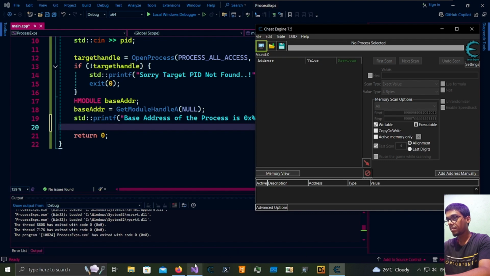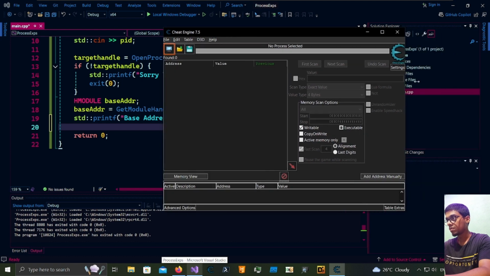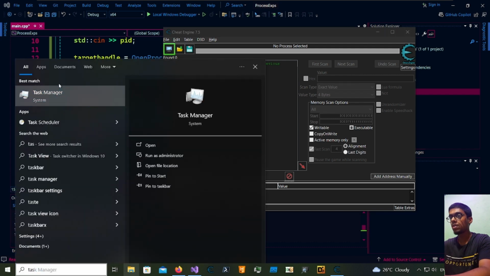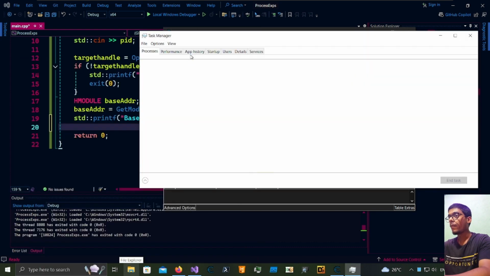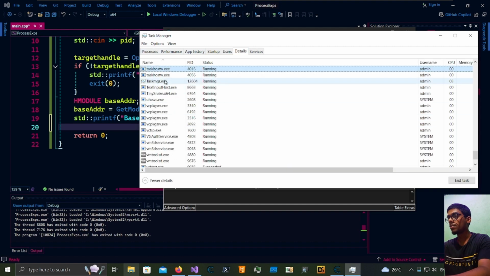I don't know why it is behaving so weird for me now. Sorry, Task Manager. Users. Sorry, Details, tiny game,